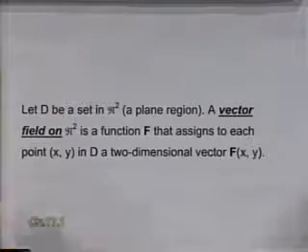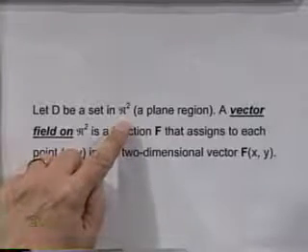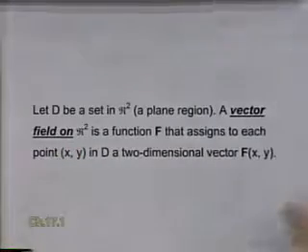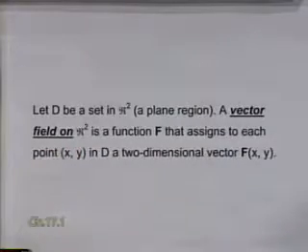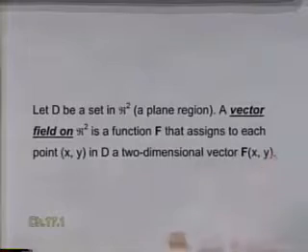Looking at the formal definition that they have in our textbook, it says, let D be some set in R2. R2 is the XY plane, okay? A plane region. A vector field on R2 is a function f that assigns to each point xy in D a two-dimensional vector f of xy. So for every point in two-dimensional space, the value of the function will not just be a number, it will